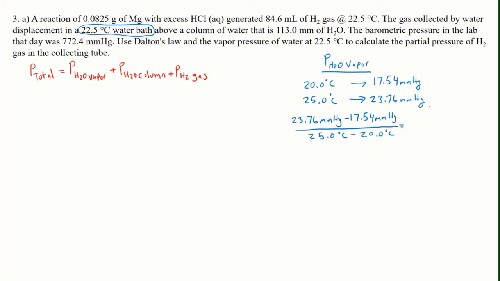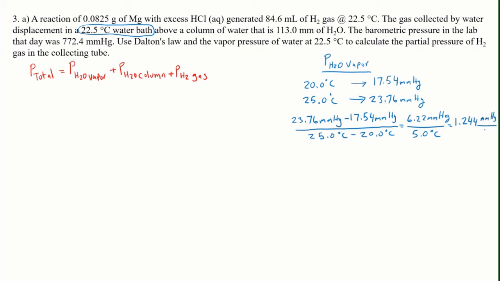If we do the math, this is 6.22 millimeters of mercury over 5 degrees. We could even further get it per degree, so that would be 1.244 millimeters of mercury